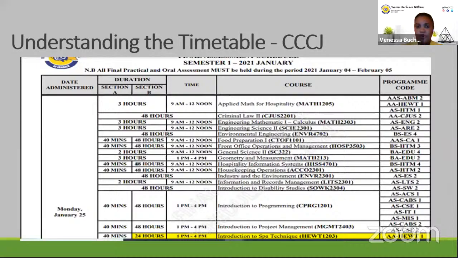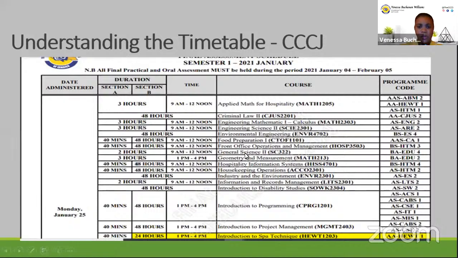So let's say, for example, it would have been made available at 9 o'clock on Monday. You have until 9 o'clock on Wednesday to upload your response. Of course, I'll be available for any questions later.